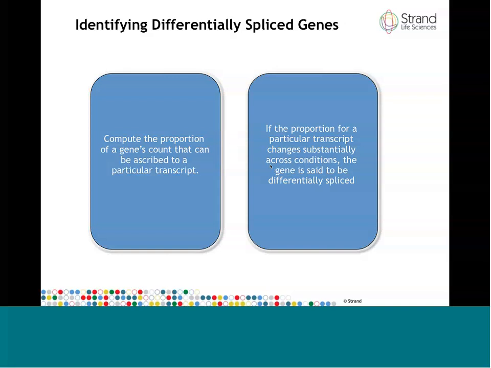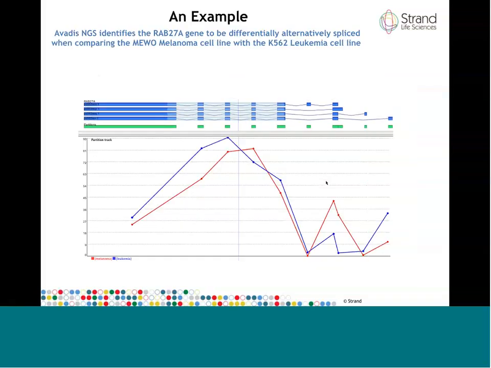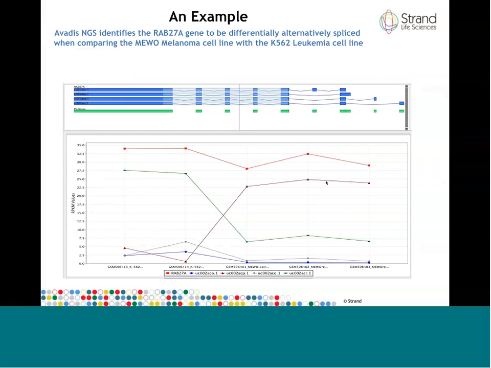If the proportions in one condition are very different from those in the other, then you say that the gene is differentially spliced. For instance, if there are 2 transcripts A and B, and A has 70% contribution in one condition and only 20% in the other, then you say that there is heavy differential splicing happening between the two conditions for this gene. Now, once you run this procedure, it will create a list of differentially spliced genes. You can look at these sorts of pictures that I've shown on the previous slides to verify the differential splicing. And once you've verified the differential splicing, you can do further downstream analysis,